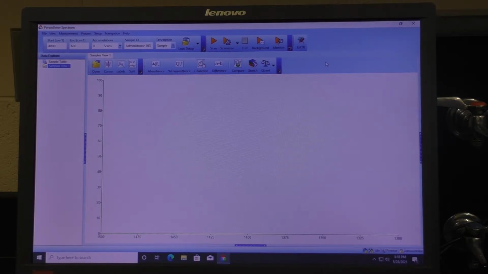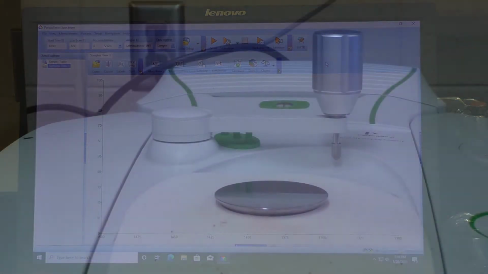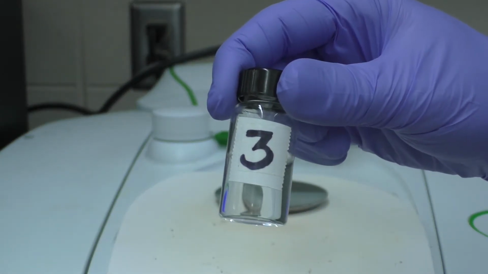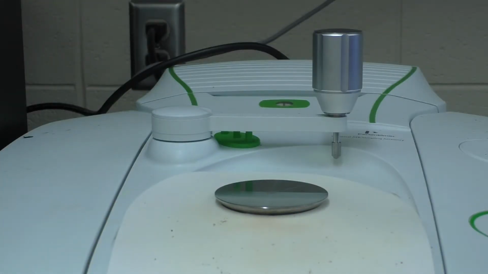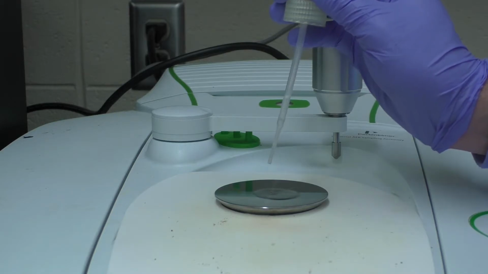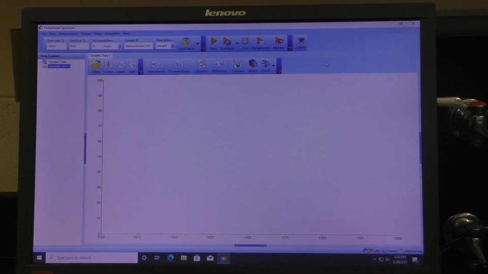Now we are all set to take the sample measurement. So now we'll take our unknown 3 and add a little puddle of this to the sampling crystal. Once we have added our sample onto the crystal, we now come to the computer and press the scan